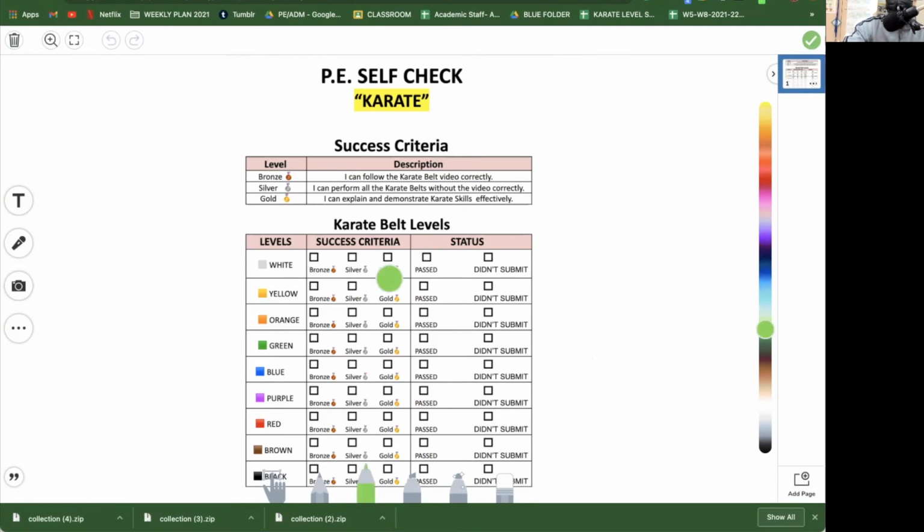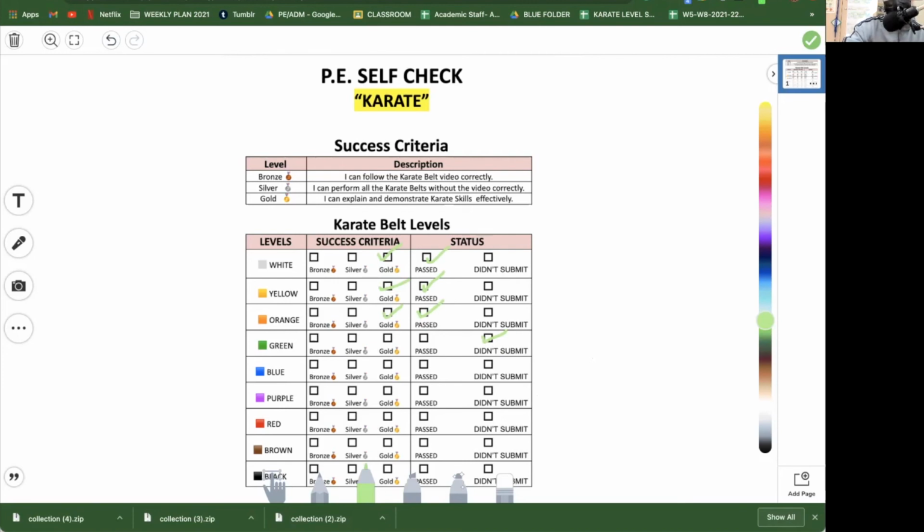All right, I'll go for green here. Suppose in the white level I got gold and I submitted it. In yellow I got gold also and I submitted it, so just put a tick mark. In orange I got gold and I passed. For example, in green I didn't submit it, so there would be no remark there.